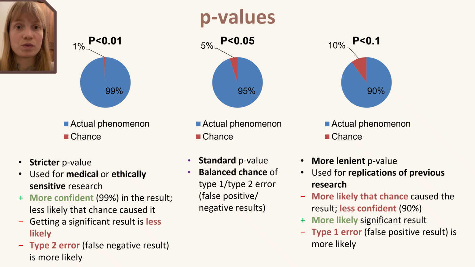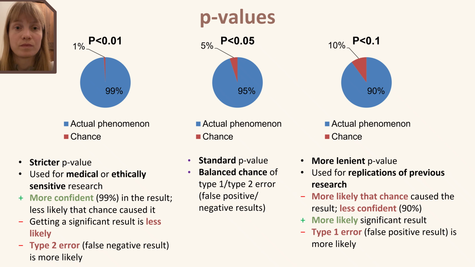Researchers don't always use the same significance level though. It depends on the context and how serious it will be to make a false conclusion. 0.05 is the standard in psychology, offering a balanced, cautious level of confidence. 0.01 is a stricter level, often used in medical, clinical, or high-stakes research where we want to be 99% confident in our findings. 0.1 is a looser level, sometimes used in exploratory or replication studies where previous findings already suggest